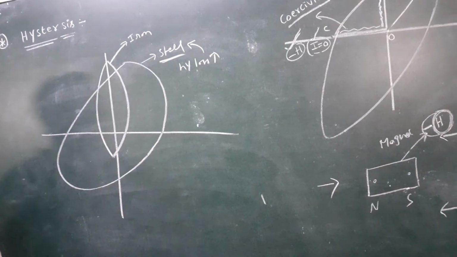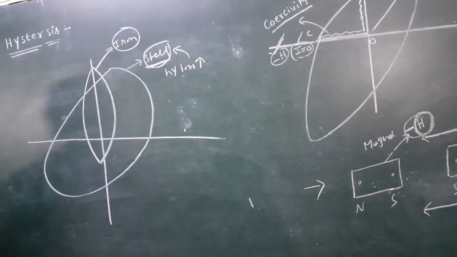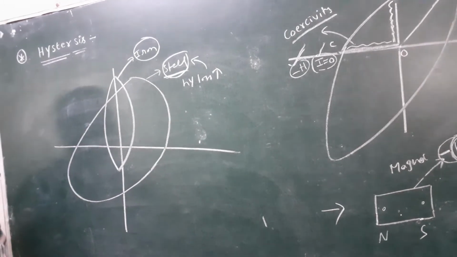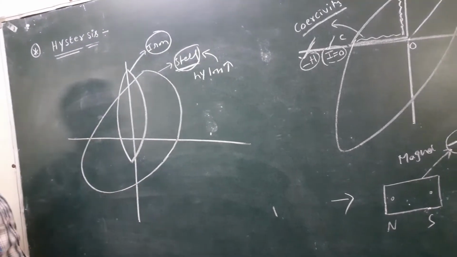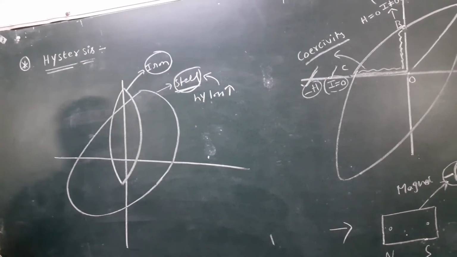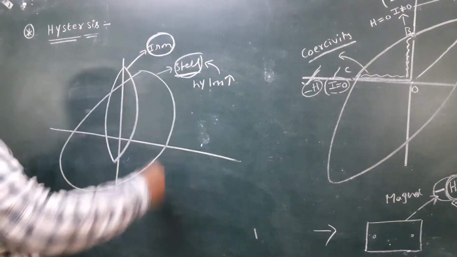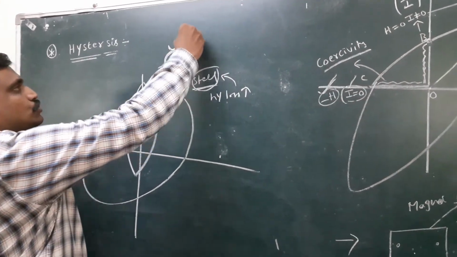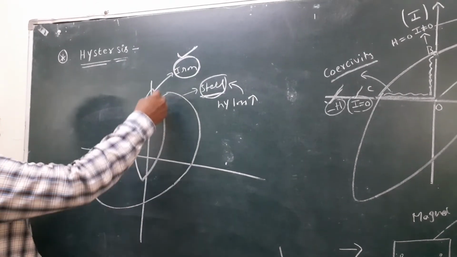That's why in transformers we use iron material, not steel. Because what is the use of a transformer? To transfer current from one place to another place, for example Hyderabad to Mancherial, Hyderabad to Nizamabad. That means electric current is transferred from one place to another without loss of energy. To have no loss of energy, we use iron. In transformers, iron materials are used because hysteresis loss will be less according to this graph.